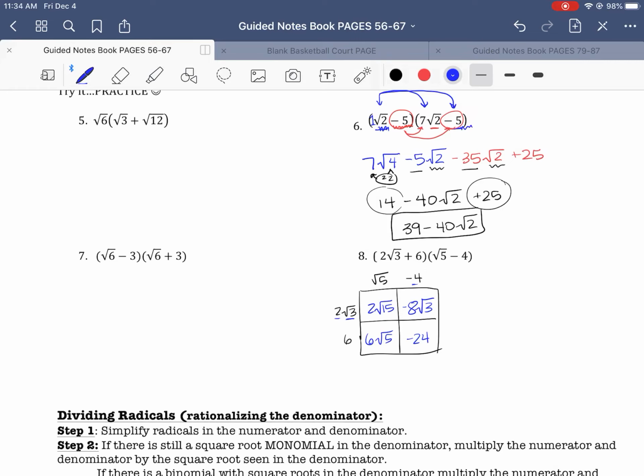Notice this one doesn't have any like radicals. You've got a square root of 15 that doesn't even simplify because that would be 3 and 5. No groups. You have a square root of 3 and you have a square root of 5. So all we would do is we would pull these out. It doesn't matter what order you put them in. We're not going to talk about a standard form per se in relation to our radicals. So this one just has those final 4 terms. Okay,